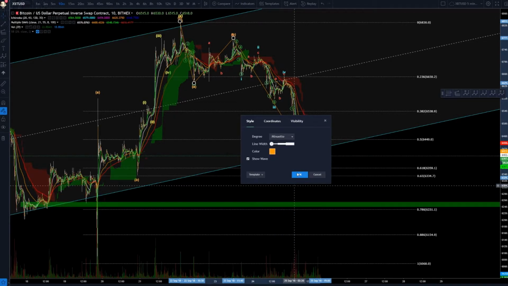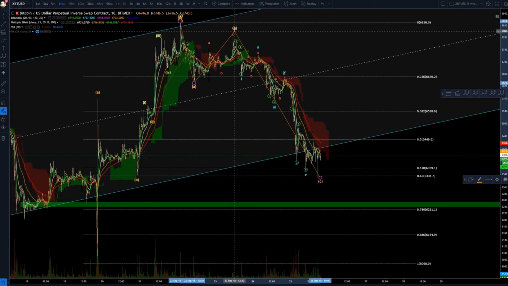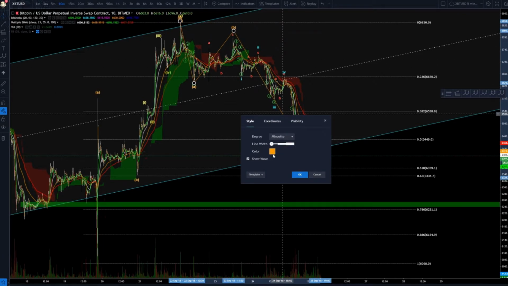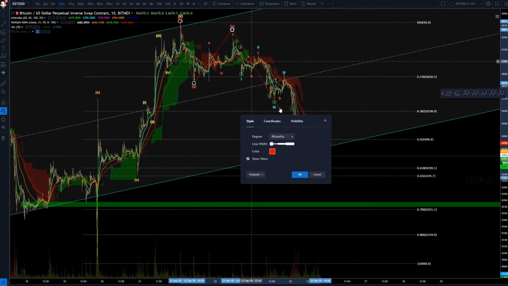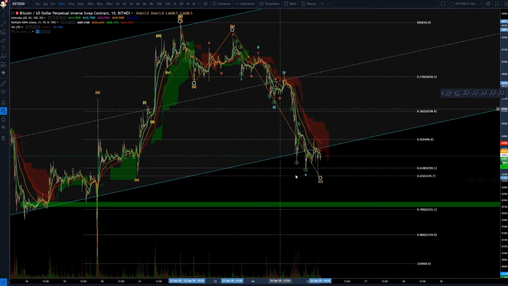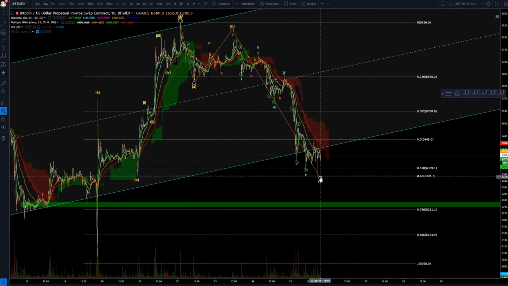Actually, this is fine, right? I just need to make this red. So, oh no, actually this was correct, right? So orange. But yeah, guys, this could be done,